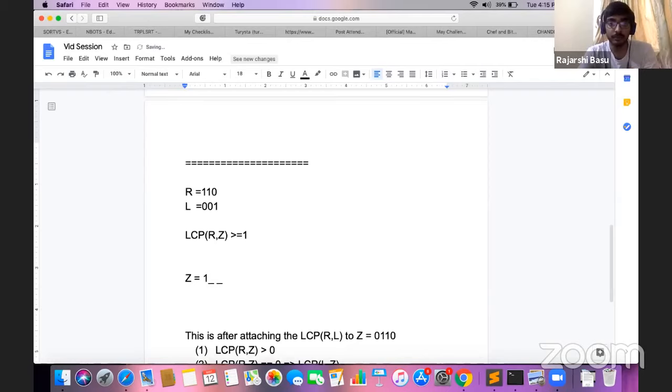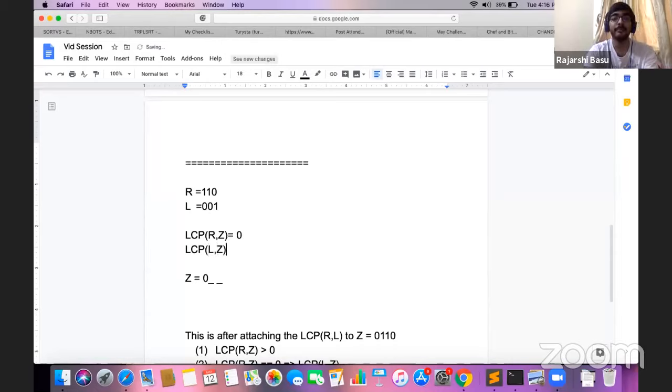Now this is when I am saying that Z and R have a few similar bits. When I am saying that the LCP of Z and R is equal to 0, then that means the first character of Z is equal to 0, right? So it is already less than R. So now I am saying that, okay, if this is the case, then fix the longest common prefix between L